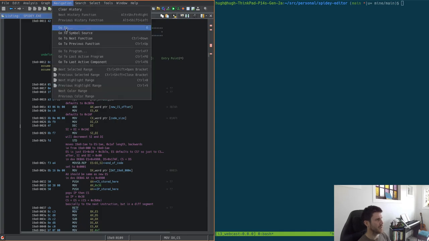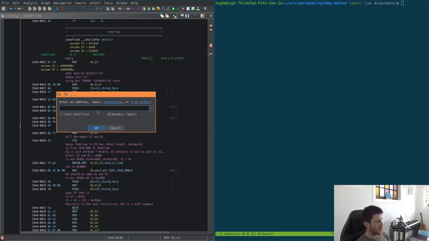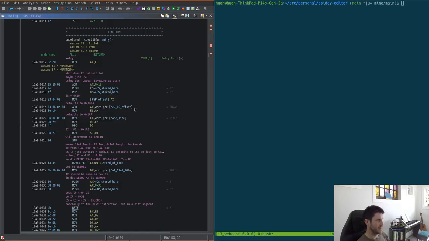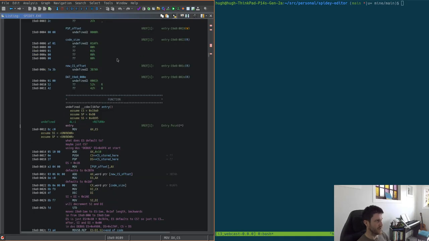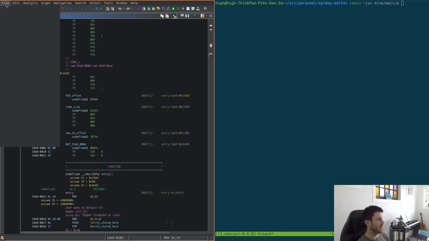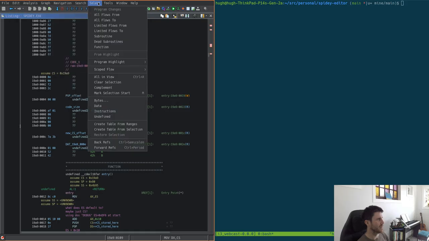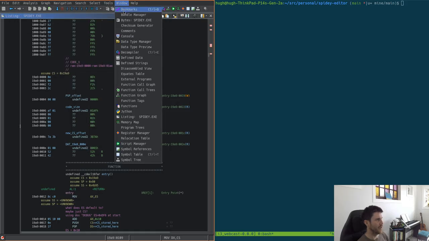How do I get a go to? What was I looking at? Can we view entry point? I think is it called this? Because it kind of just started me at this entry, but there's another thing. How do we see all of the things that